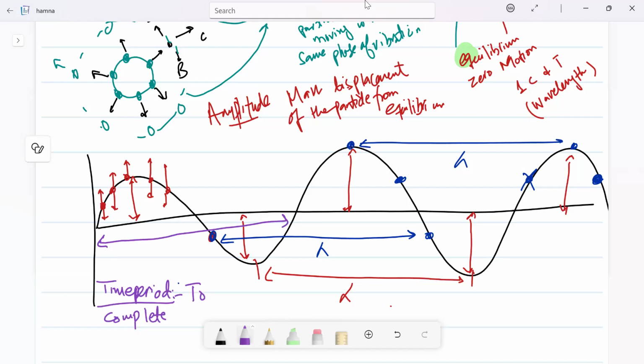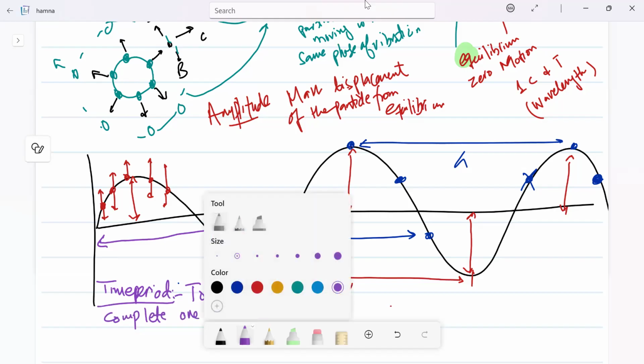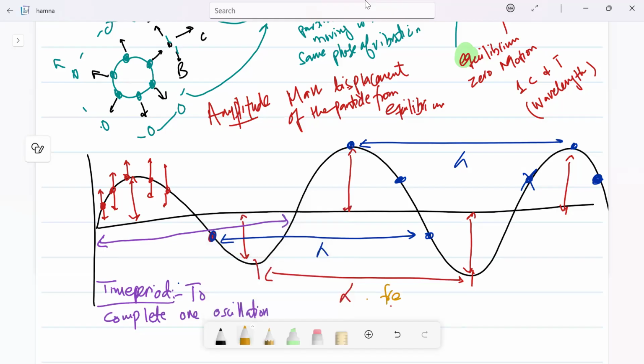Time period is the time to complete one oscillation. And frequency is defined as... We denote time period by capital T. Its unit is second. Frequency is, we can say, the reciprocal of time period,